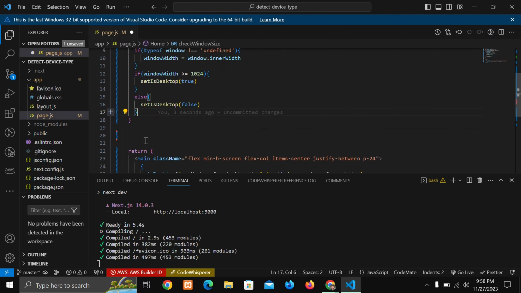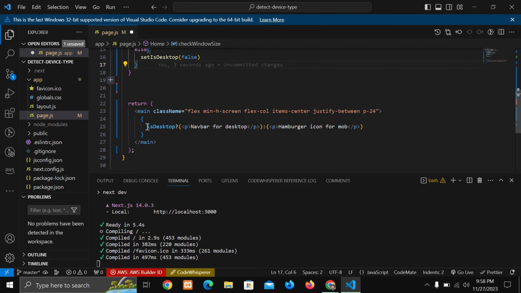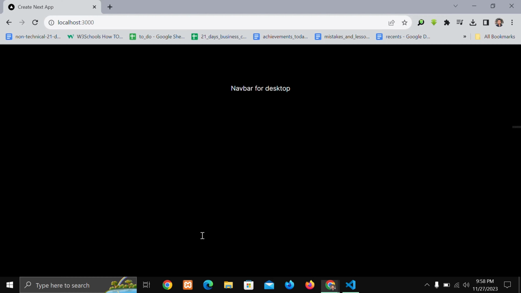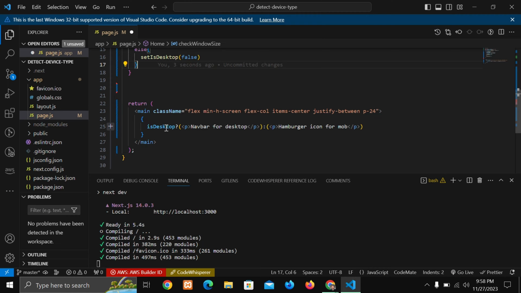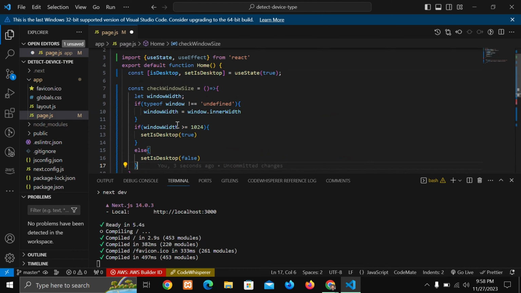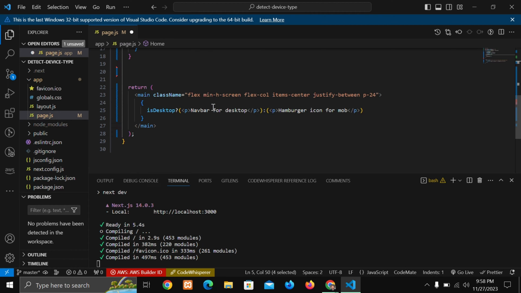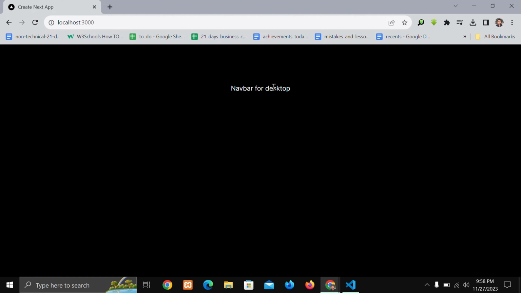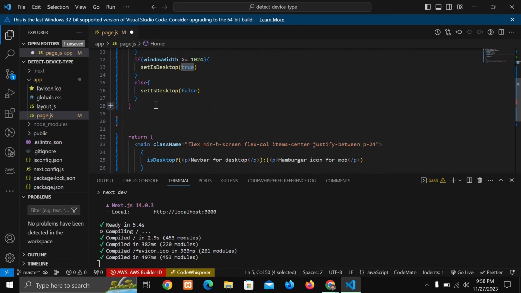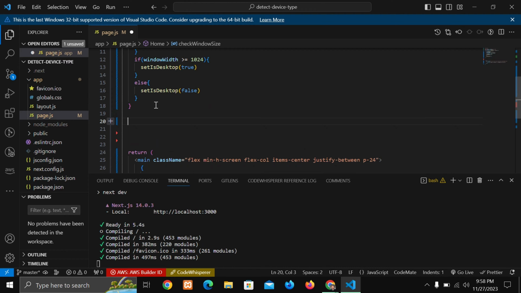Let me first show what I have running on my localhost. I've already run this app. If you see here, there's nothing but a paragraph. If it is desktop, it shows us the navbar for desktop, and if it is not, it shows the other one. Because I've set useState to true, isDesktop is true, and that's why we are seeing the navbar for desktop right now. So now I need to use the useEffect